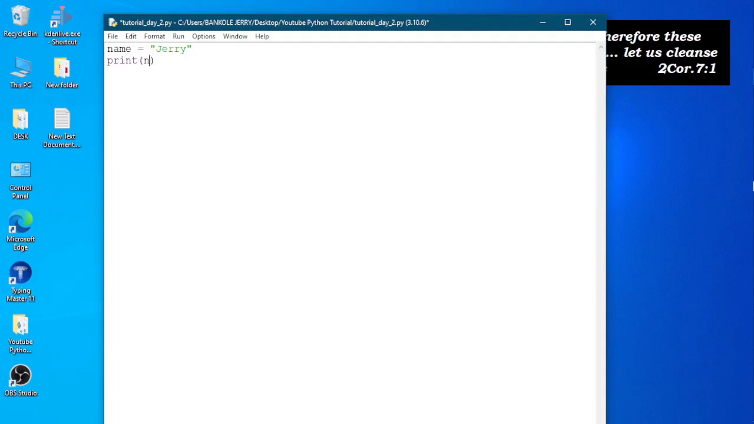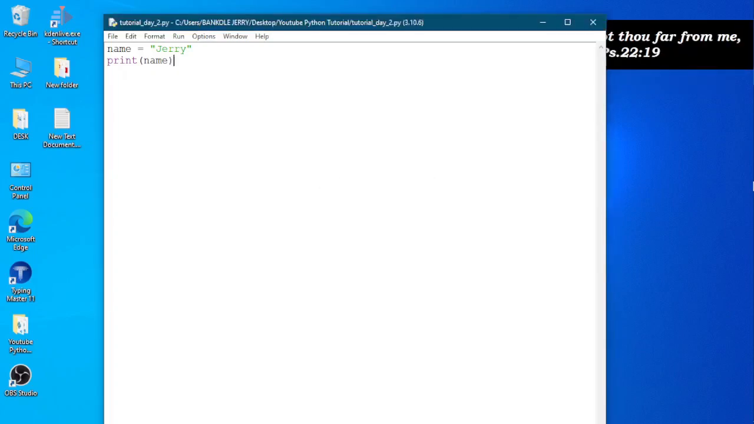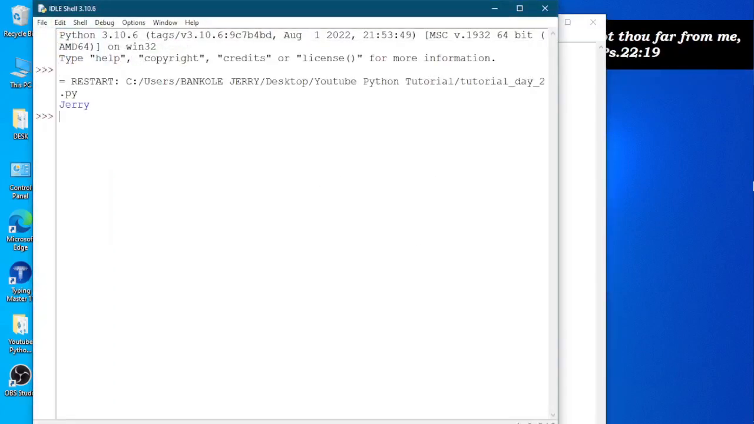Sorry, and I say print name. If I run this, you see it gives me the word Jerry, but it doesn't give me the ability to type in front of this Jerry before the next arrow. But